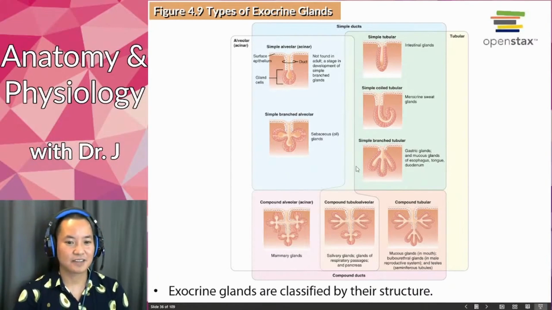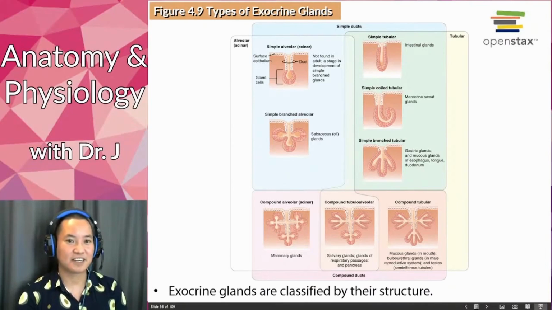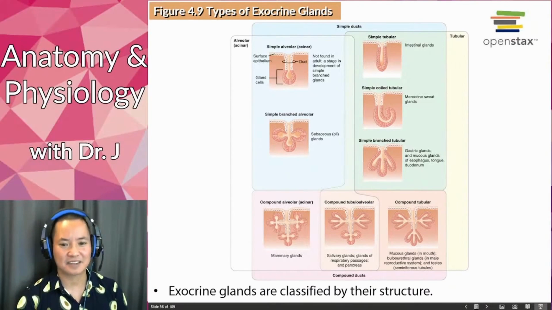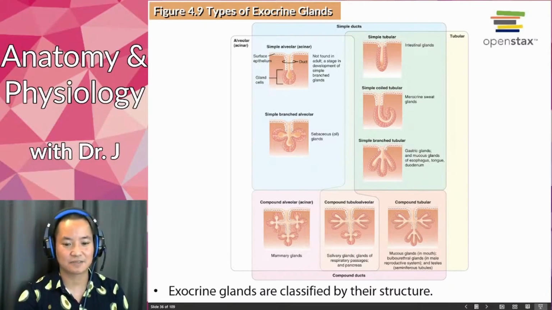So exocrine glands have multiple types of shapes. Whenever you see this term alveolar, think of it as some sort of globe-like or round structure. You also find alveoli-like structures, not the same as the gland alveoli, but you might have heard of alveoli in your lungs, which is true. There are also alveoli in the mammary glands, and those are a type of gland. Alveoli refers to something like a cluster of grapes.